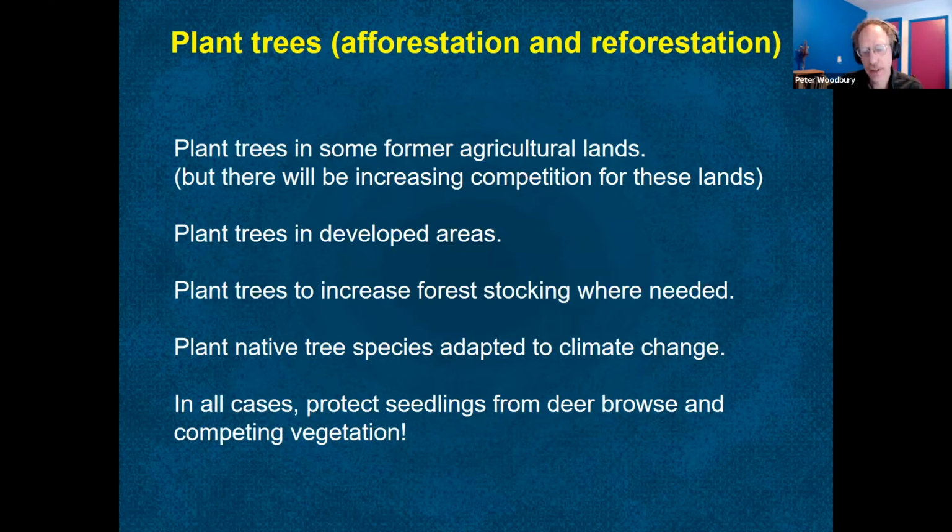I just want to mention this briefly, even though we're not focusing on remaining forests today. We also want to be thinking about planting native tree species that are adapted to climate change. So we might want to be planting species and varieties that are suitable for the future climate that we're expecting in coming decades, not necessarily the climate we've had in previous decades.